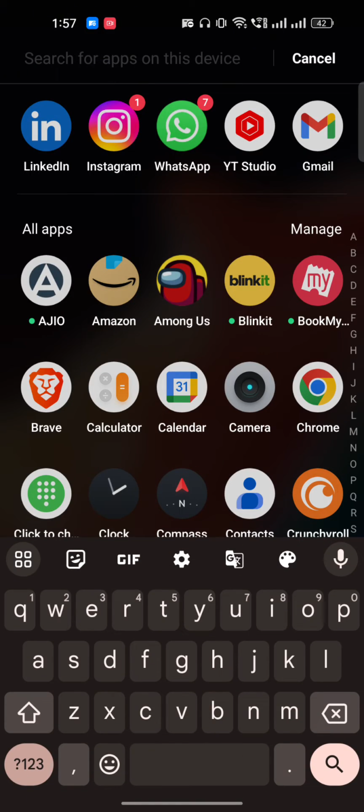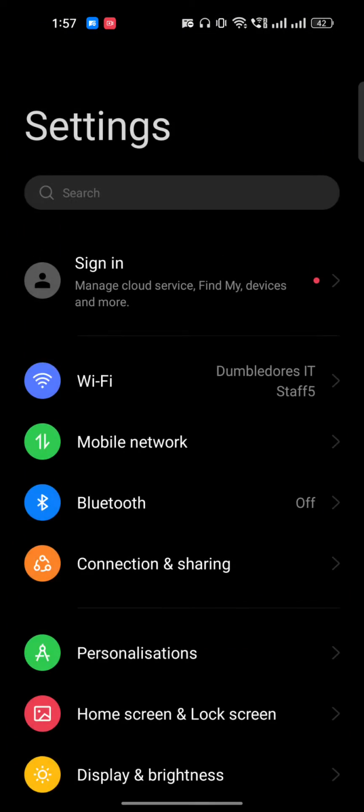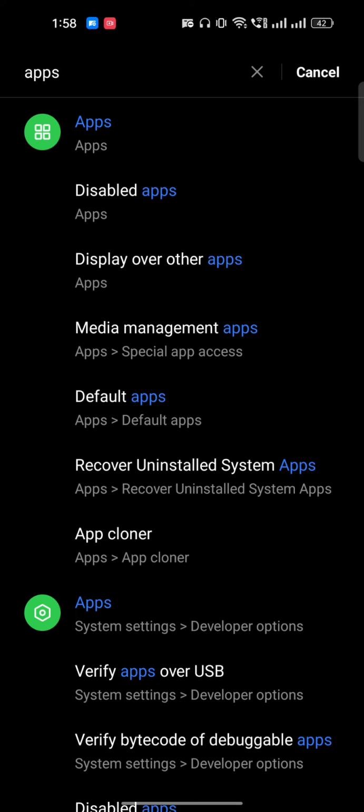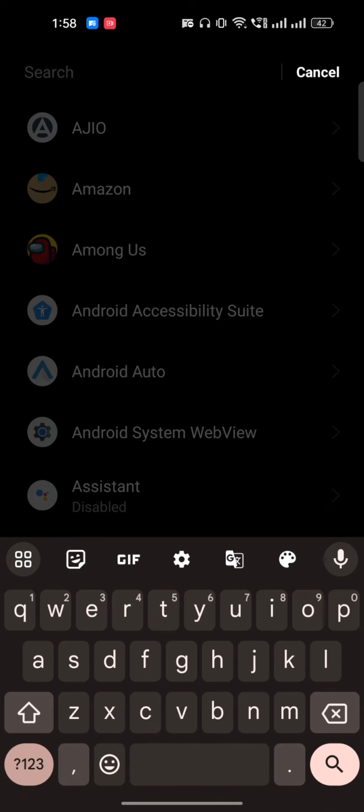You have to go to the settings of your phone, right? So for example, I will go to the settings now, and here you have to search for apps, and you have to go into the app management, right? Once you are here in the app management, make sure you search for the Messenger app here, right? Once you search for Messenger,